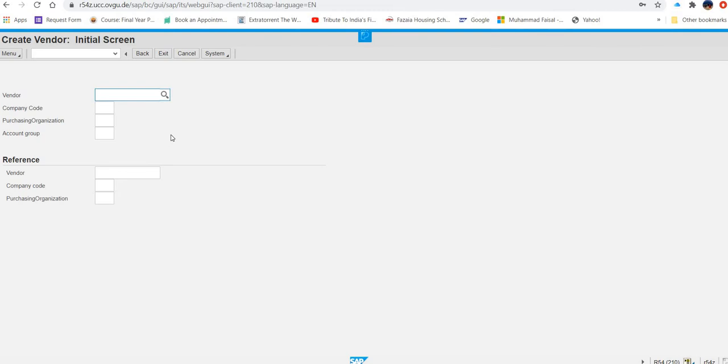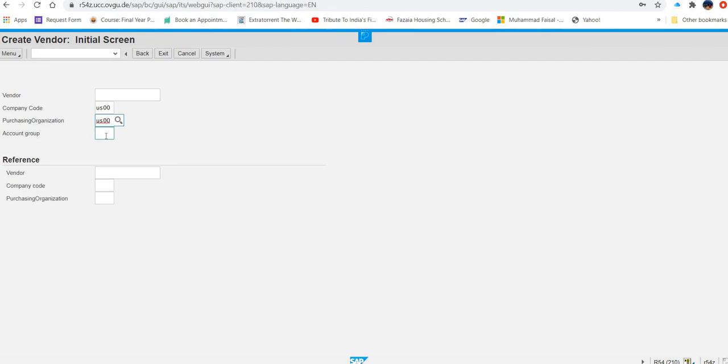Now what you have to enter here, if you see in the exercise, we have to enter a few things. The Vendor field we will leave blank because later on the system will give this vendor number. Company code, we will enter US00. You can copy and paste also from the exercise. Purchasing organization, again US00.